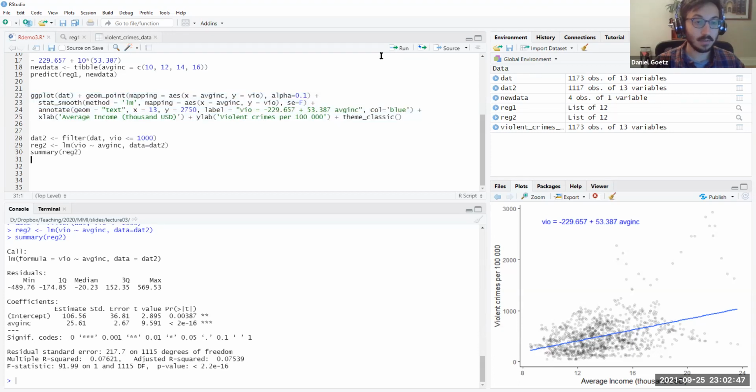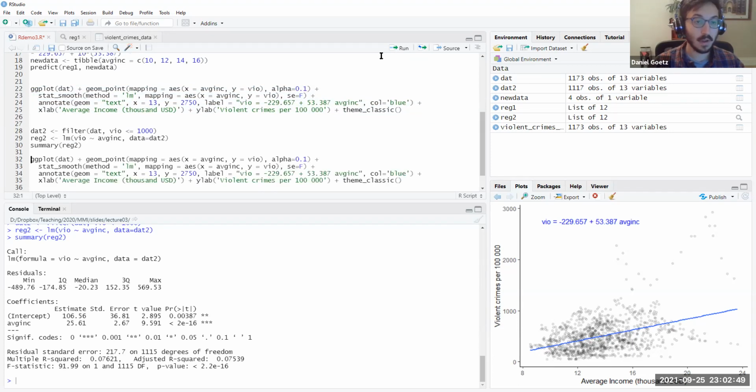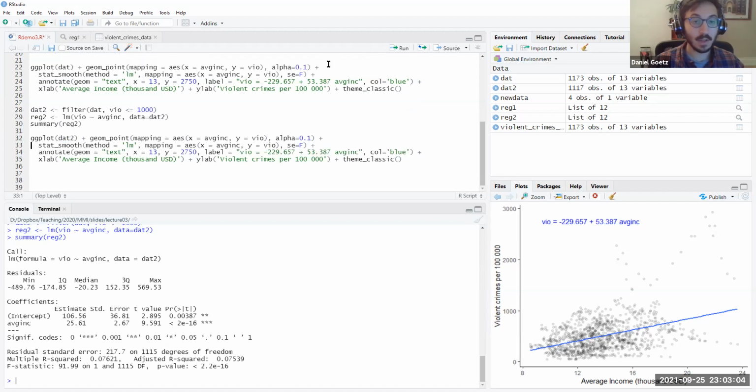We can replicate our analysis with the full data set, except now using this truncated data set. So the only thing I've changed is DAT2, right? I've kept everything else the same, except now I'm also going to change the annotation, right? Because that was for the old regression. The new regression is 106.56